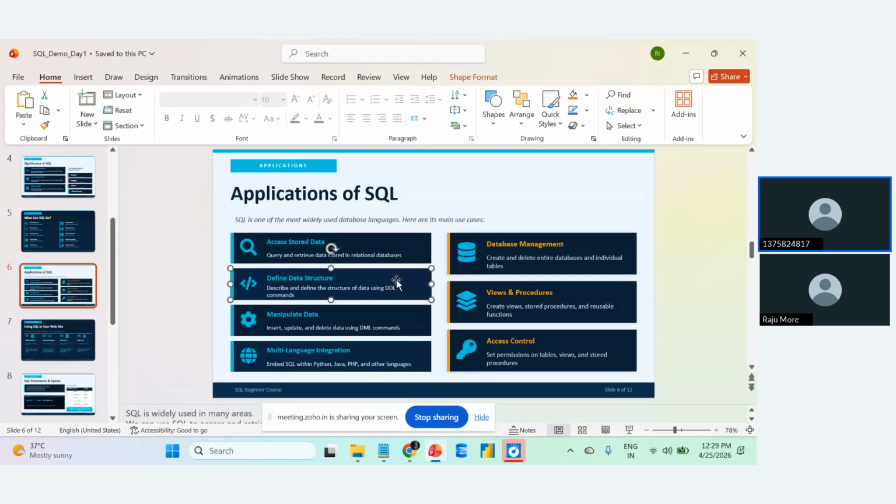Then first of all we have to define, we draw some rough diagram like what will be the front end, what will be the back end, how it works. Then for that purpose we are defining some data structures,